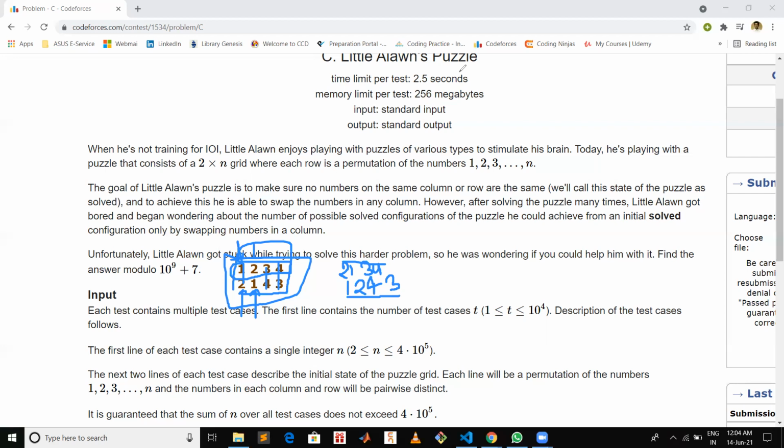So let's understand how we can solve this. What would be our logic? Basically, you cannot just swap one single column, because if you do that, then in one row the same number will get repeated twice. In case you just chose to swap this column, this 2 will come in the first row, so in the first row, 2 will get repeated like that.